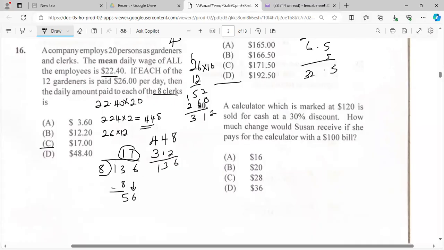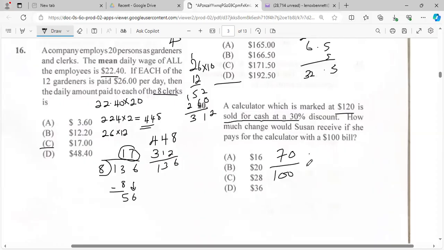A calculator which is marked $120 is sold for cash at 30% discount. How much change would Susan receive if she pays for the calculator with a $100 bill? I'm going to just break it down. So a calculator which is marked 120 is sold for cash at a 30% discount. How much change? Alright, so let me find the discount amount. So you're only going to pay 70%. So let me find 70% off